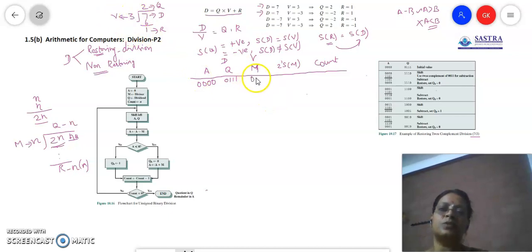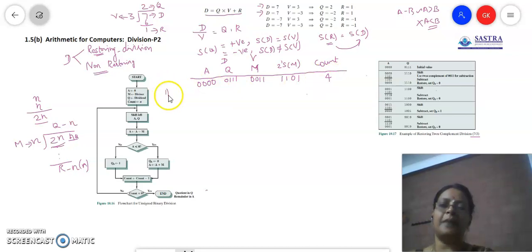So we will be just storing 3 in the register M, and whenever we are doing the subtraction, we have to do the subtraction only with 2's complement addition. So we will be finding the 2's complement of this number, which is nothing but 1 0 1 1, and we are going to do the subtraction as many times as there are bits in the dividend. So we have totally 8 bits. We will be taking the first 4 bits as such, only the 4 bits will be considered, so the count is going to be initialized to 4. As such, the dividend is 2n bits long, and half that length will be set in the count register. Now we will just proceed step by step.